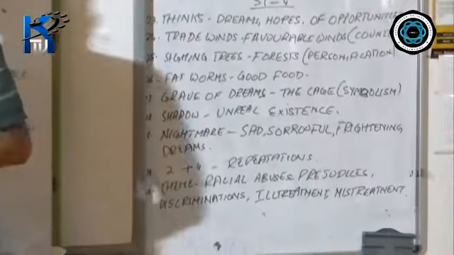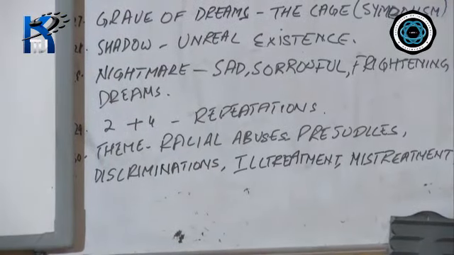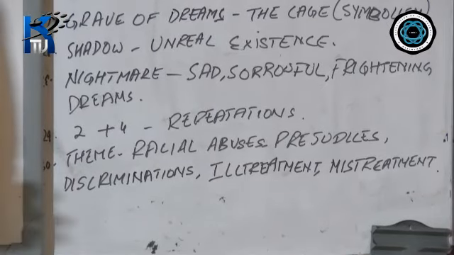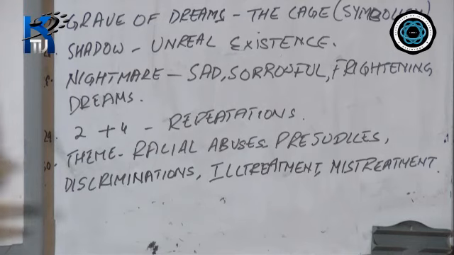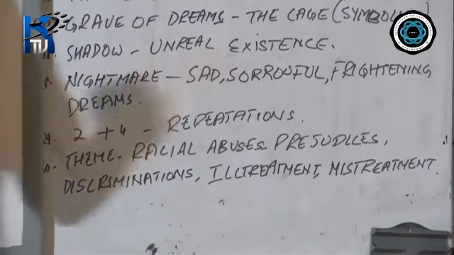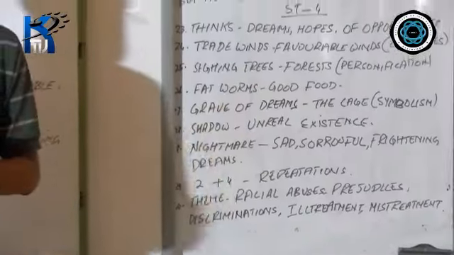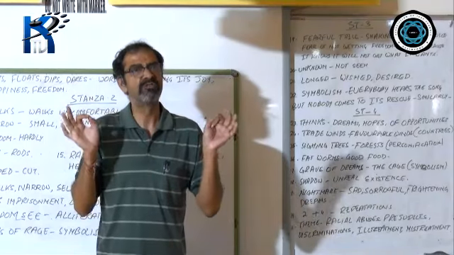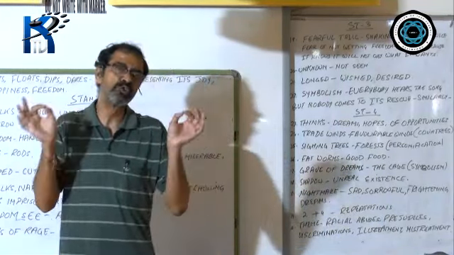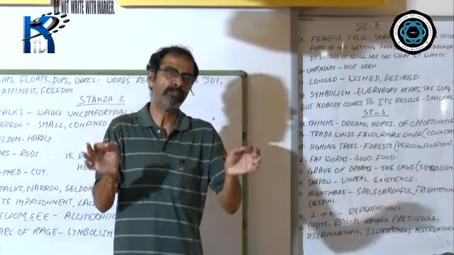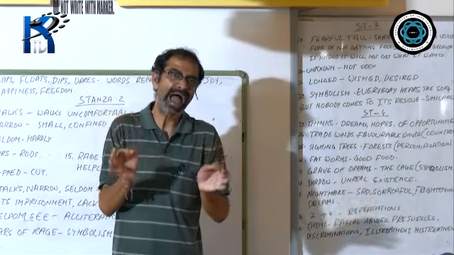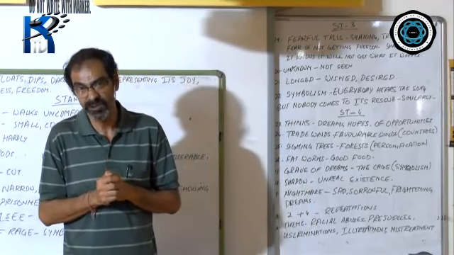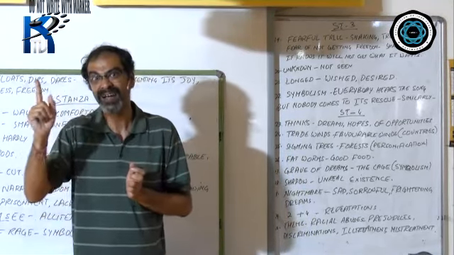Now the question is, I have told you earlier when we were doing the other poems that repetition is a device used by a poet or a poetess to stress and highlight what he or she wants to convey. In this poem, the poetess wants to convey the miserable existence of the caged bird. She wants to convey the frustrating, hopeless life led by the black people in this world. Her stress is on the caged bird, that is the black people.